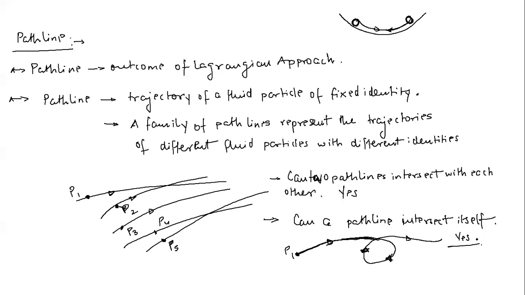If you give a rotational motion, such kind of flows are generally called vortex flows. There are certain other things associated with the vortex flow, which I will discuss later on. But right now you can imagine that when the flow is rotational in nature, it can happen that the fluid particles are crossing their own paths, correct? So now let me take you to the equation for path line.